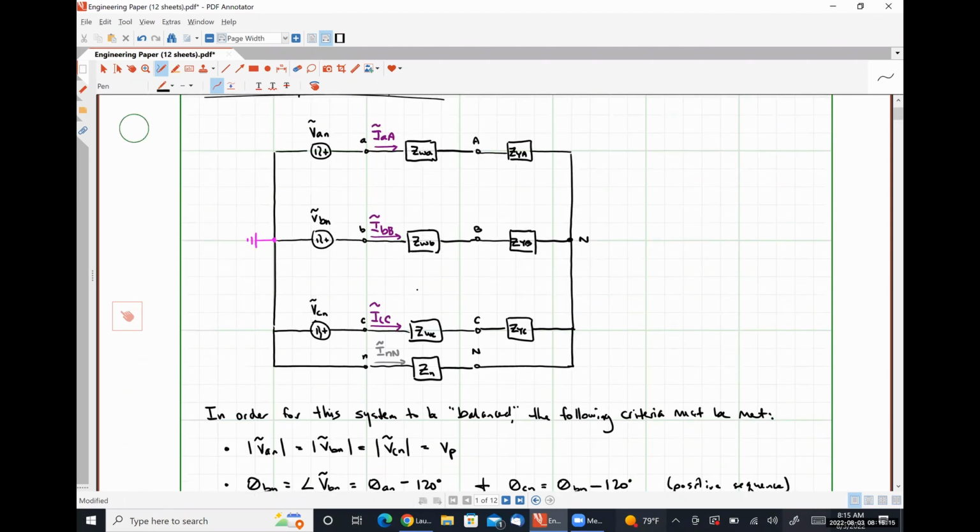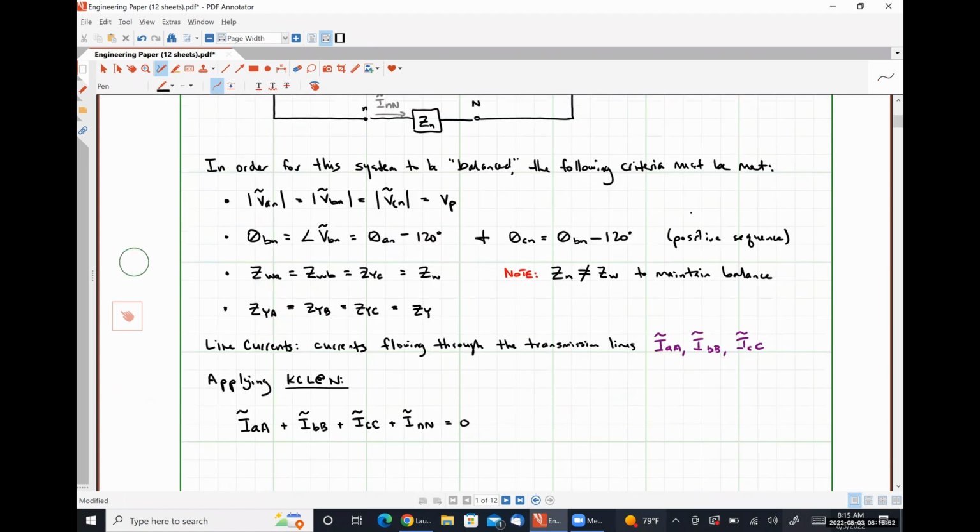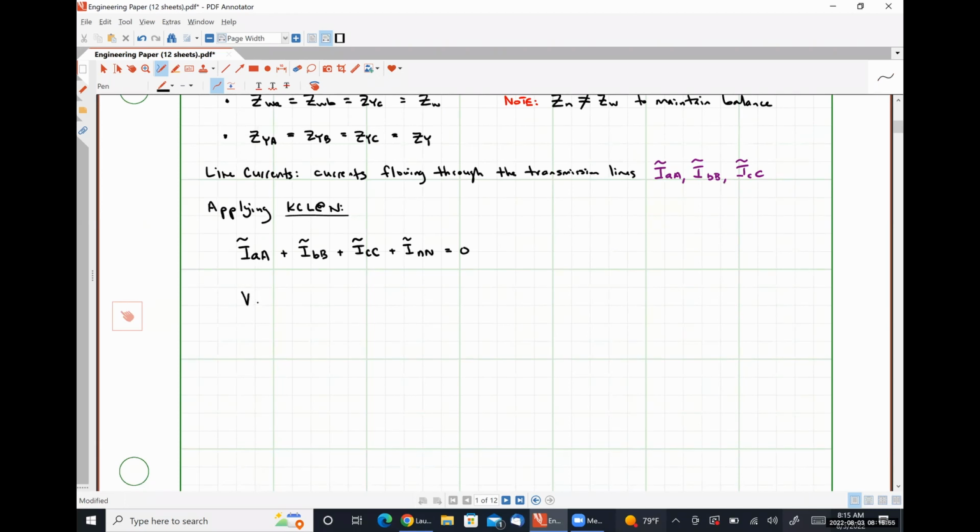So, for instance, the current IAA is simply the voltage drop between these 2 points divided by the total impedance. Well, the voltage drop between those 2 points is VAN minus V capital N lowercase n. This is why we're choosing lowercase n as our reference. Okay. So we would have VAN minus VNN over